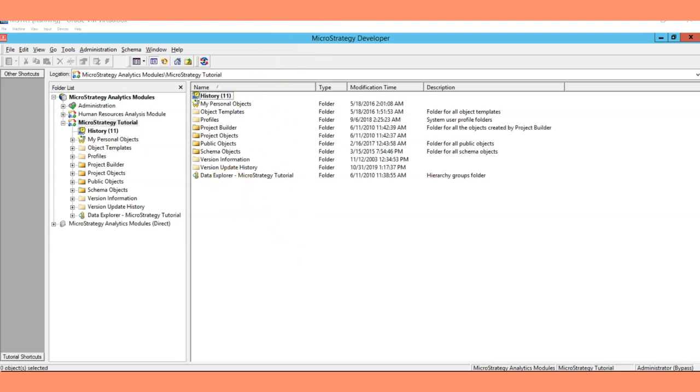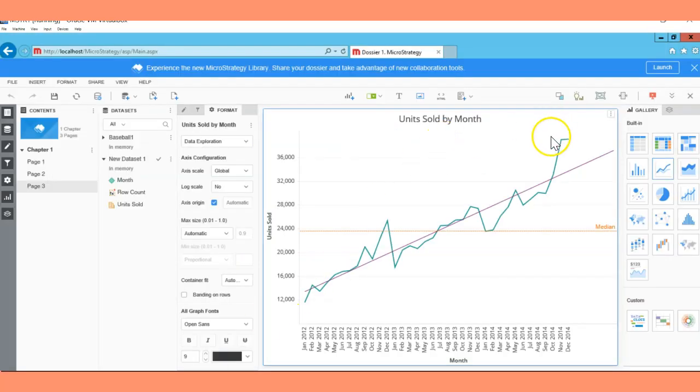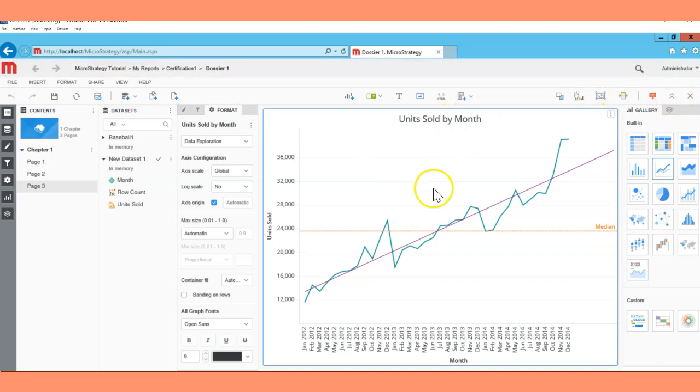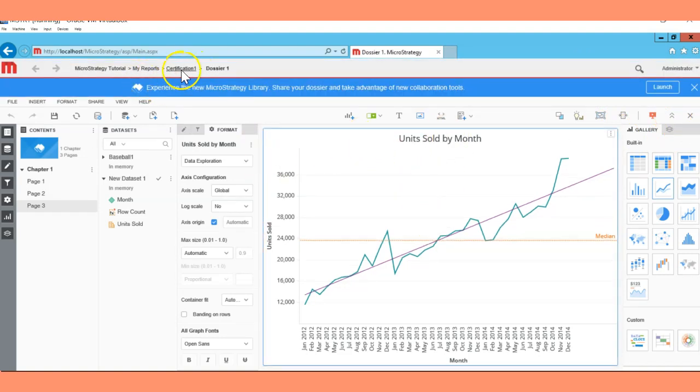Thank you. So let's start. In this exercise we are going to create the alert based subscriptions on one of the reports, and we will use the report to create that subscription. So that's fine. This is my Developer I'm going to use for this exercise. This is my dossier. I'm just going to close it. If you want to learn how to use this dossier and everything, you can contact me, and I have mentioned my email ID and contact number in the description of this video.